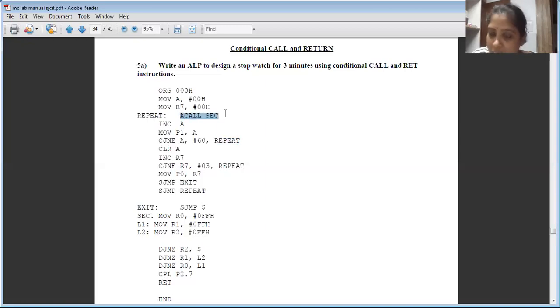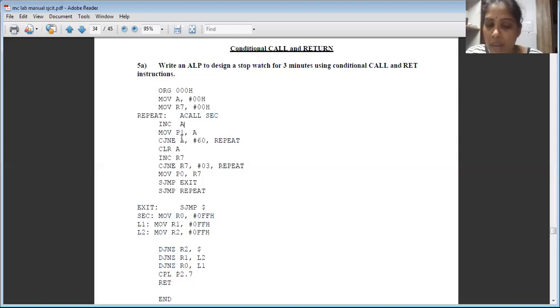So 60 times this delay program has to be executed. Each time it comes back from the delay program, A gets incremented, so it keeps a count of how many times you have executed it, that is, how many seconds have passed. So A will keep track of 60.